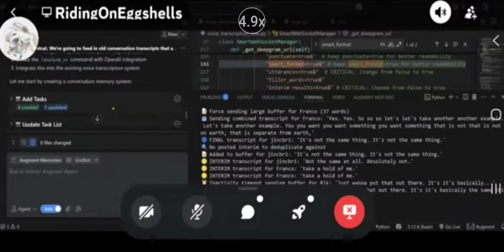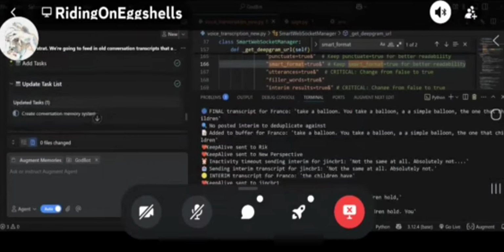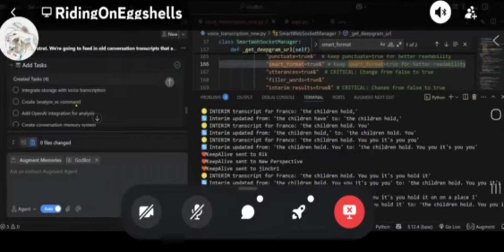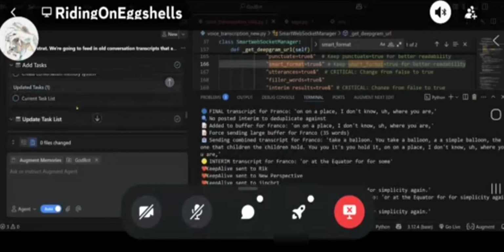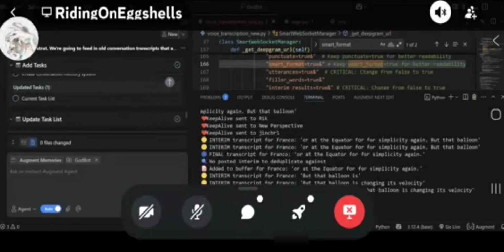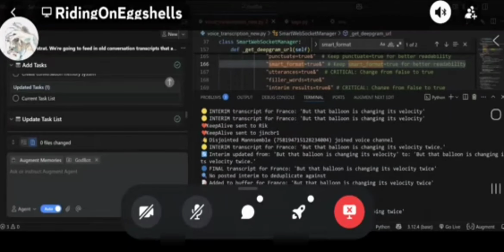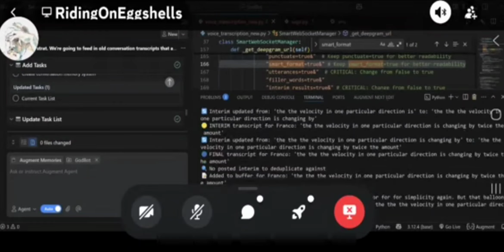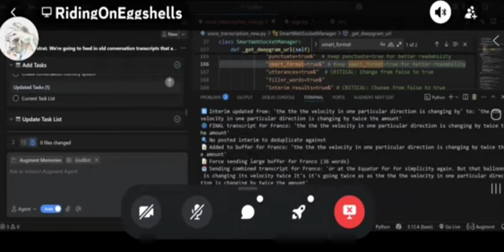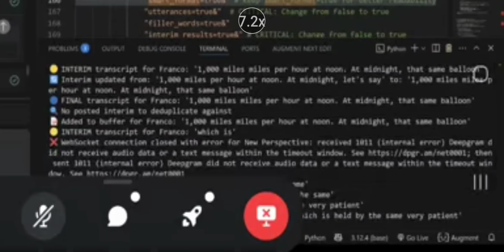Take a balloon, a simple balloon, the one that the children hold. You hold it on a place, I don't know, where you are, or at the equator for simplicity again. But that balloon is changing its velocity twice. The velocity in one particular direction is changing by twice the amount in half a day. So it's going 1,000 miles per hour at noon. At midnight, the same balloon, which is held by the same very patient child, is going